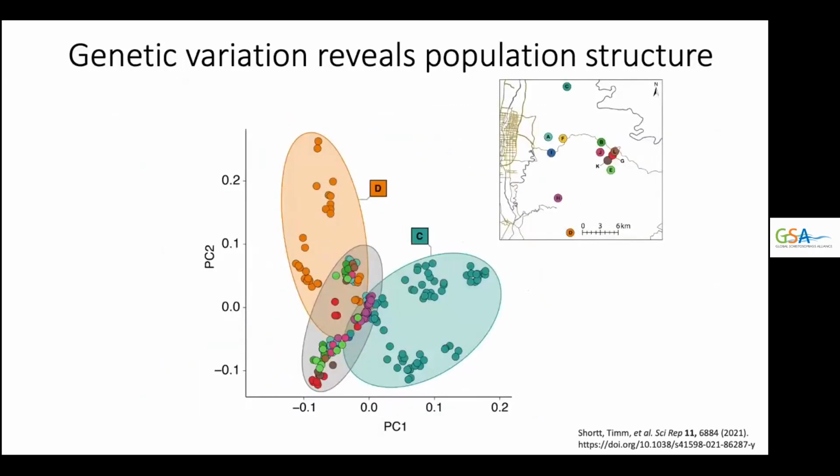Principal components analysis finds the axes of greatest variation, called principal components, from a multidimensional space, and when used with genetic variation, it separates samples by how different they are from each other. When applied to our Myricedia, villages separate from each other across the first 5 principal components, with the first 2 principal components shown here separating the 2 most distant villages, indicated by the color of each point. This result indicates that there is regional population structure, that infections from one village can be distinguished from infections in another village. This regional structure also means that we can identify likely regional sources for new infections.